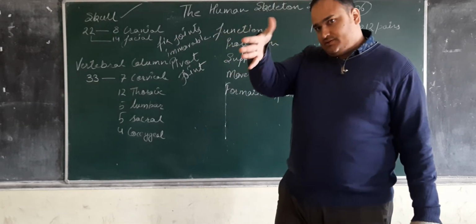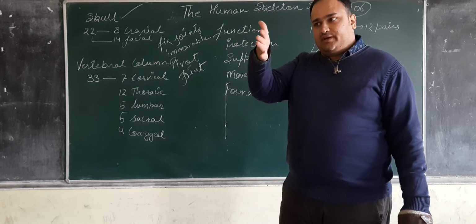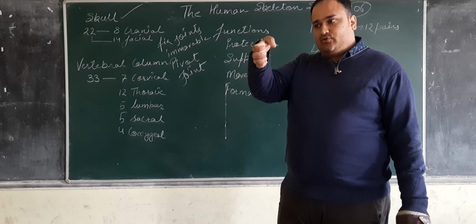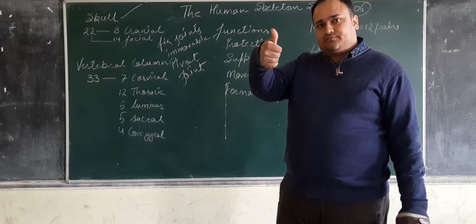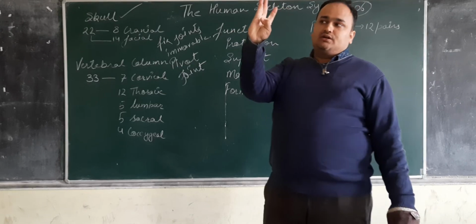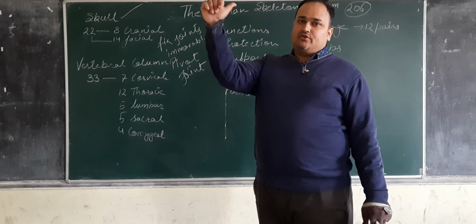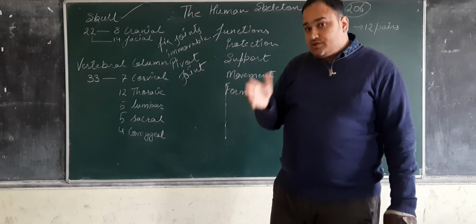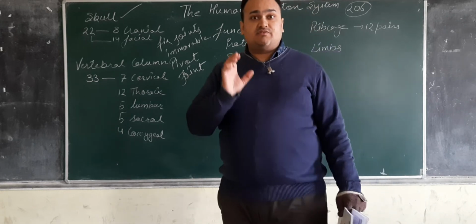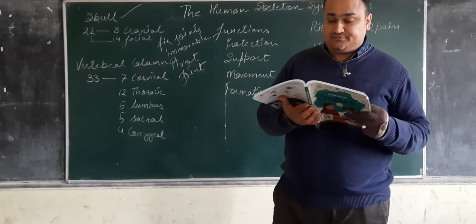Look at the movement, side by side. No other movement. I can do it. I am doing this, but still I am not able to move any much further. Even if you try, you can't touch. You can touch this part with your fingers, but with the thumb you can't touch this part. So it is a very strict movement. It is a very controlled movement. Okay. So this type of movement is the saddle joint.